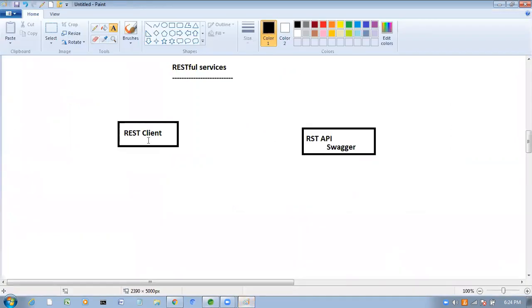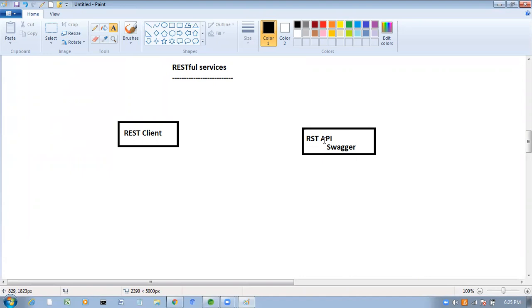Now, if you want to develop this REST client, compulsorily you should know the details of this REST API. Then only can you start the development of this REST client. Who will provide those details? The REST API developer. The person who developed this REST API is responsible for providing the details of this REST API. And how will that person provide the details? By using Swagger. Clear? Now it is clear why we are going to use Swagger?